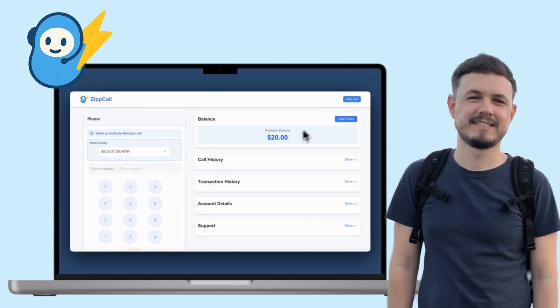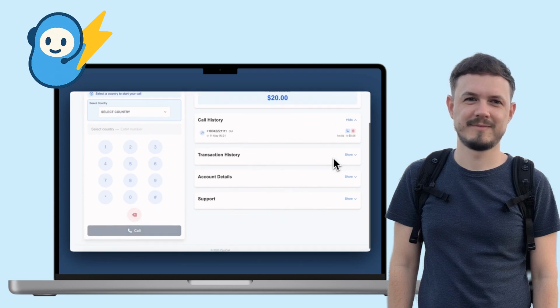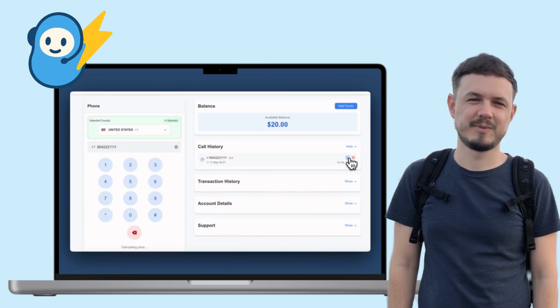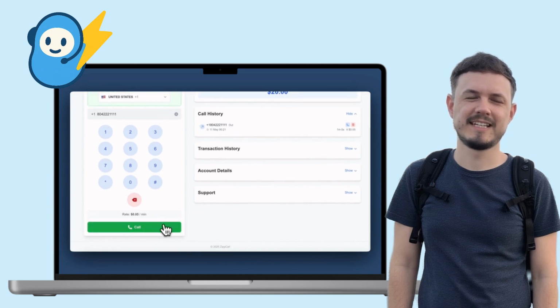It's kind of surreal seeing something I made actually solve a real problem. I built ZippCall to scratch my own itch, and now it's the only thing I use when I need to